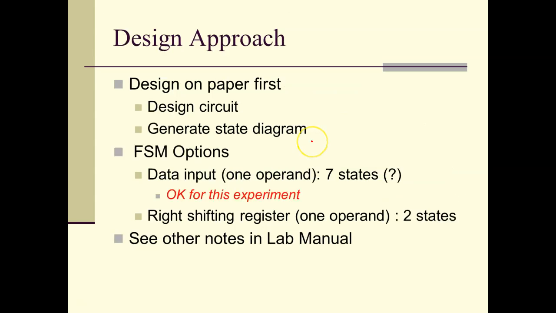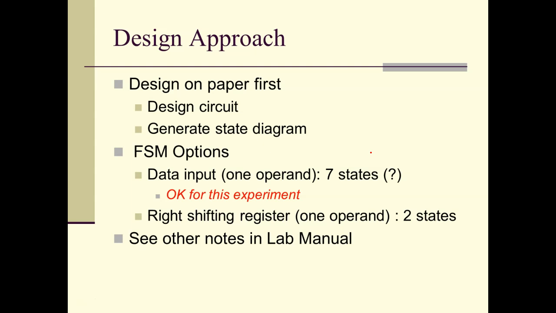Design this on paper first. Certainly you want to design your circuit and then generate a state diagram for your state machine that's going to control this circuit. And so this is really important. You have 2 different options here. I've said all along not to put data inputs into the state machine, but for this experiment you're allowed to do this. So that's going to generate a state machine that's going to require about 7 states. It's okay to do for this experiment, but by all means you're allowed to use a right shifting shift